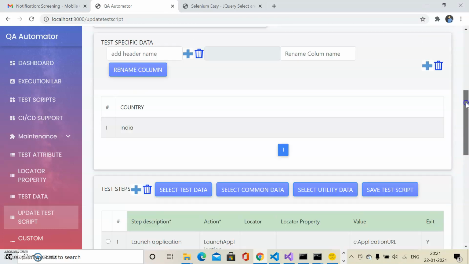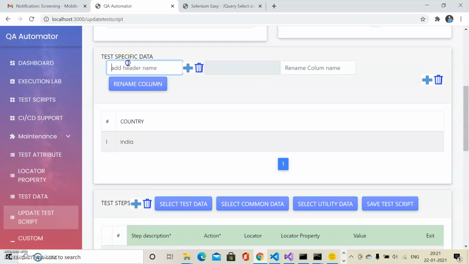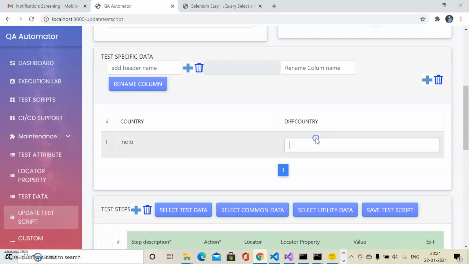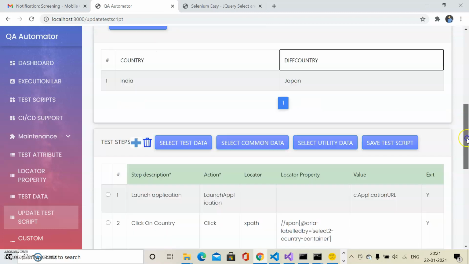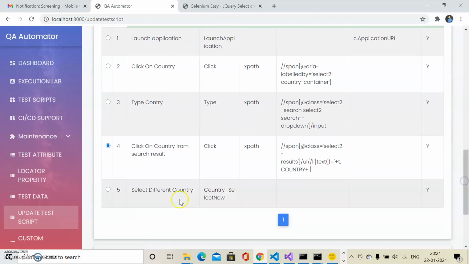So I can add the parameter here, a different one, Japan. Let me click on that and select.